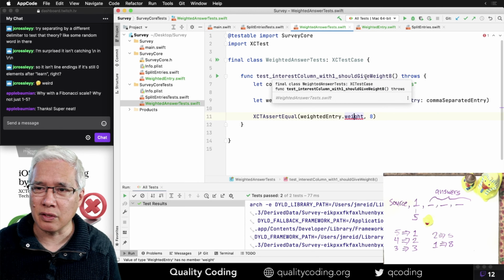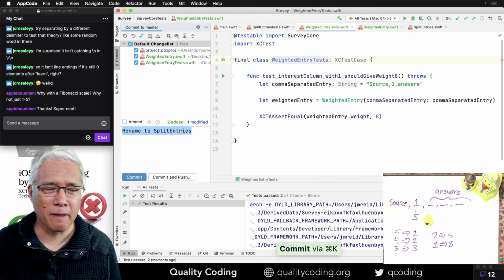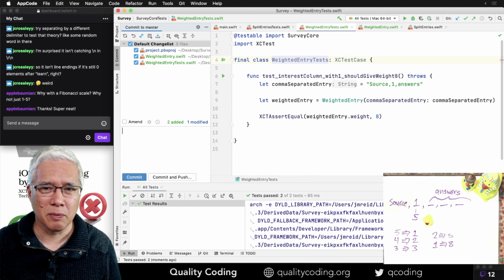Should give weight 8. I guess it's okay. Weighted answer tests, weighted entry tests. This should still pass. All right. So let's do interest 1, weight 8.